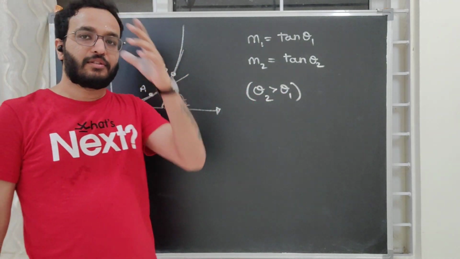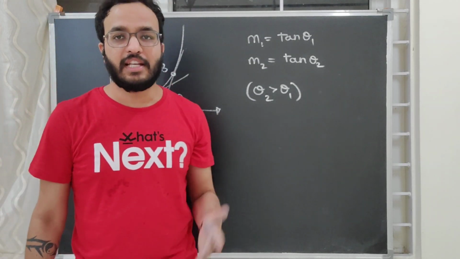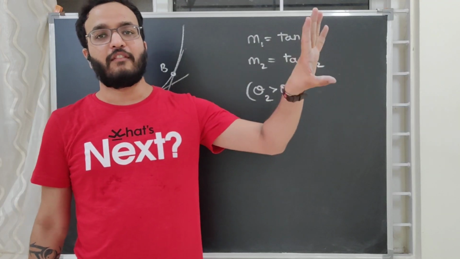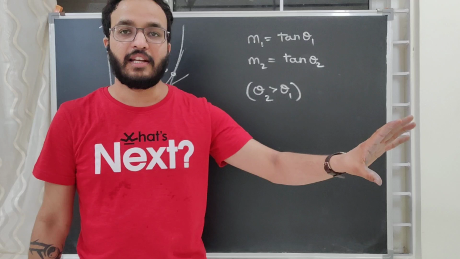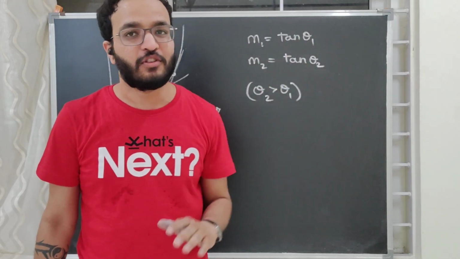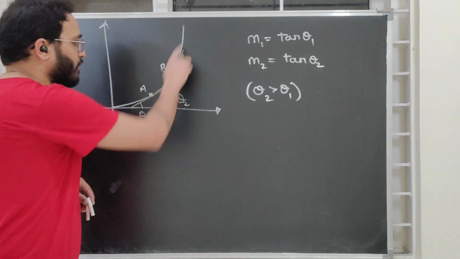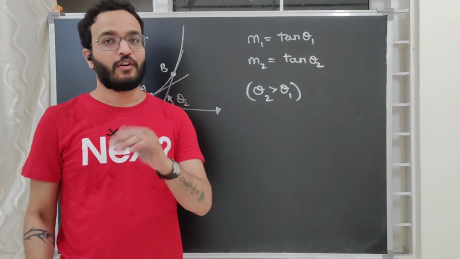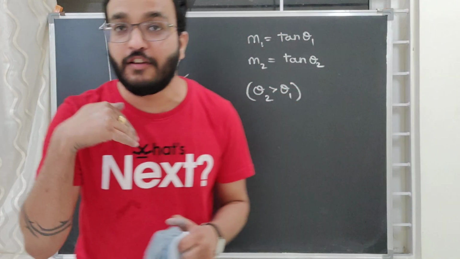Now, in a straight line, it was very easy to find the slope. If theta is not given, then it is quite easy. You take 2 points x1, y1 and x2, y2, and you do delta y upon delta x. That is y2 minus y1 upon x2 minus x1, and you can simply get the slope of the straight line. That was very easy. But now, if you have a curve, then how will you do that? Let's take 2 points on a curve and see what we are getting, right?